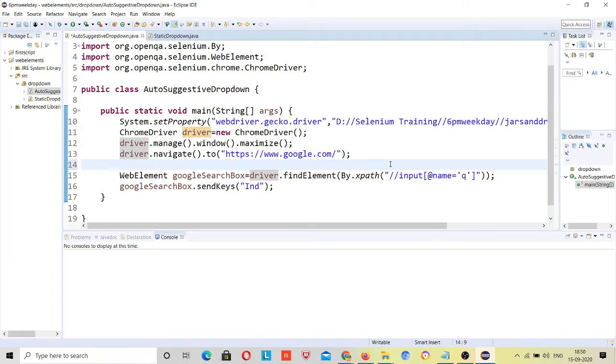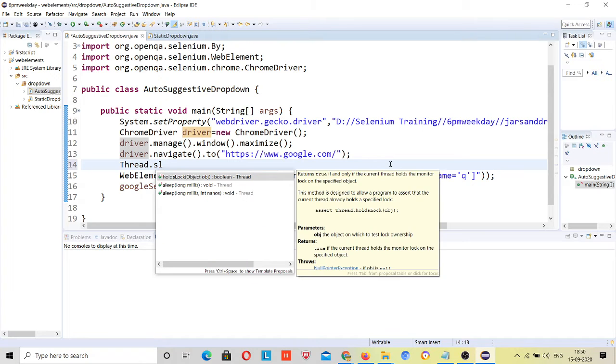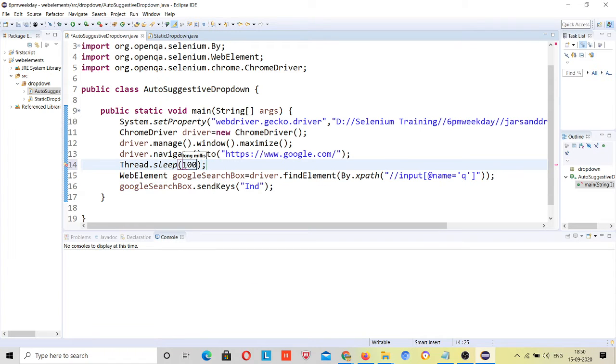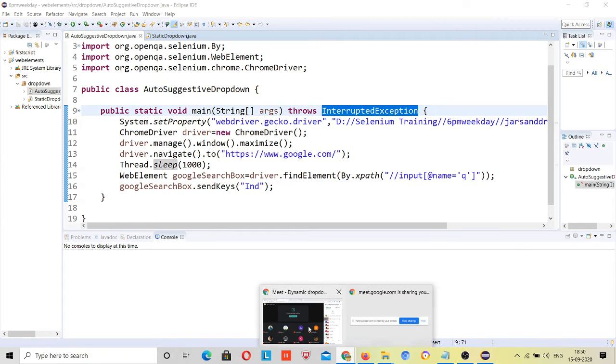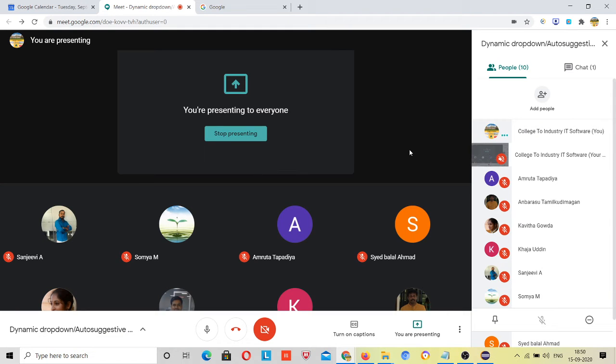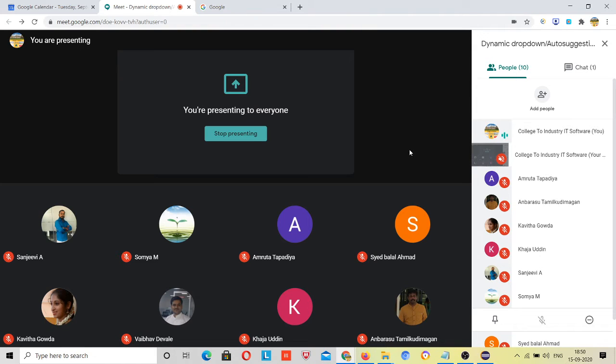So here we can use the Java functionality thread.sleep, right? Although this is not a good way to write, because Selenium provides waits, right? So there are implicit and explicit waits present in Selenium. Still, because we have not covered those topics, I am just using this line of code.